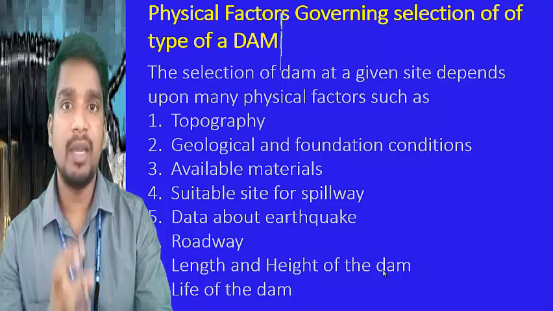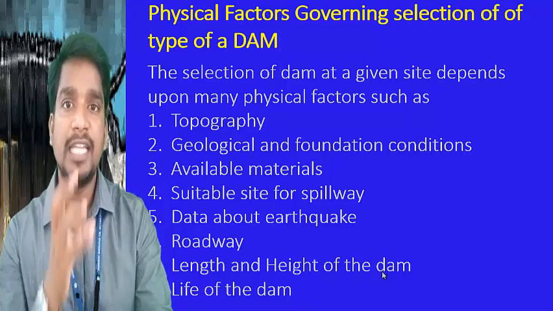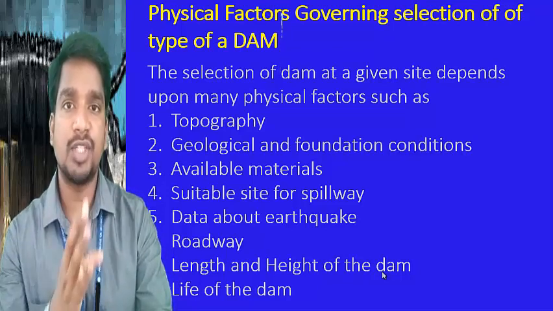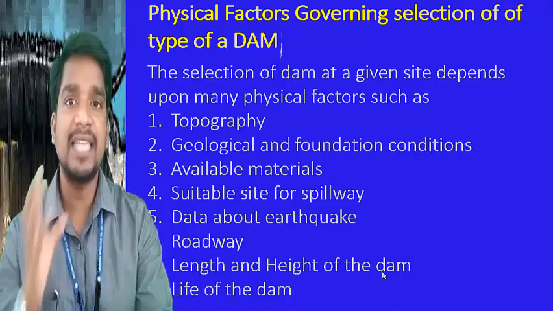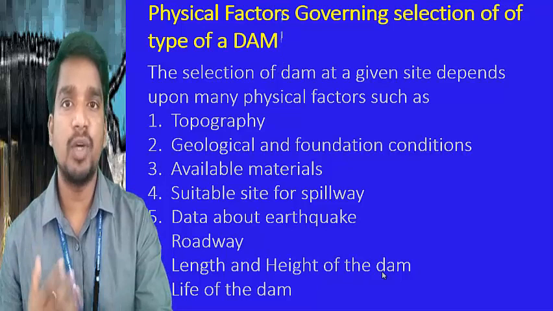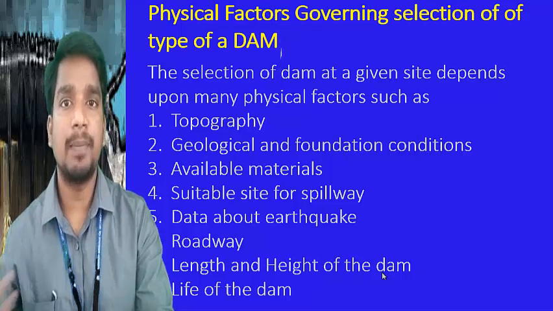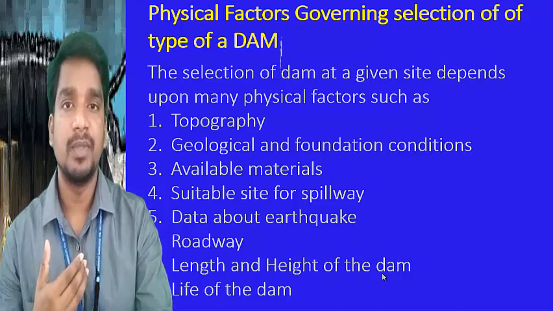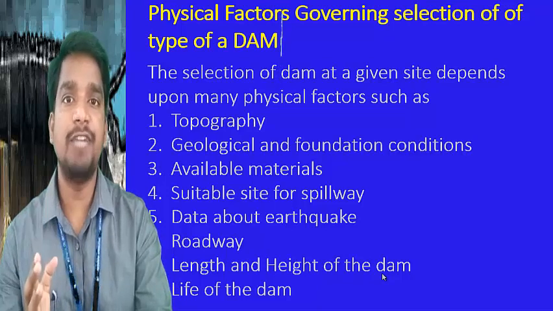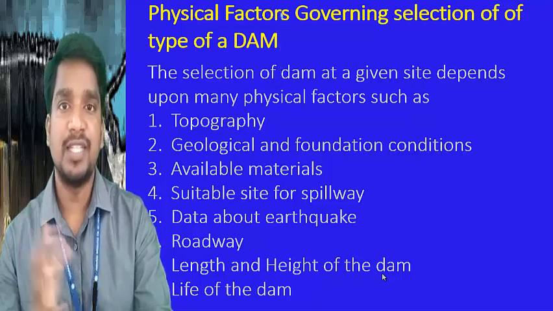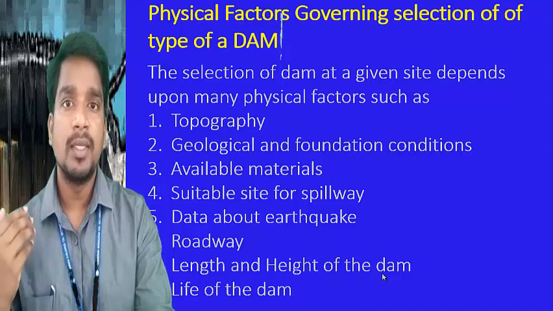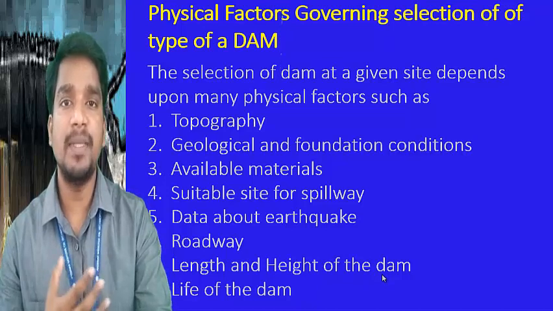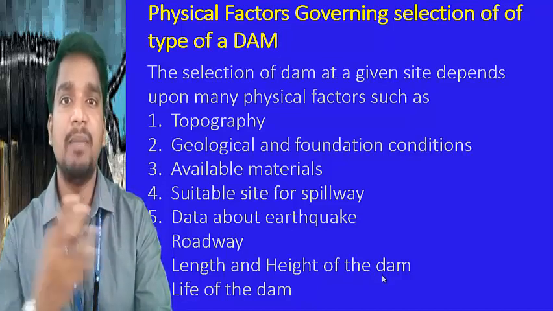If there is no site suitable for the construction of a spillway, no separate site existing, then in that case you have to cancel that particular site, because you are not meeting the criteria as per your requirement. So having a suitable site for the spillway is very essential, because we need to pass the excess water through the spillways. If it is not passed, the stability or safety of the dam will be in danger.